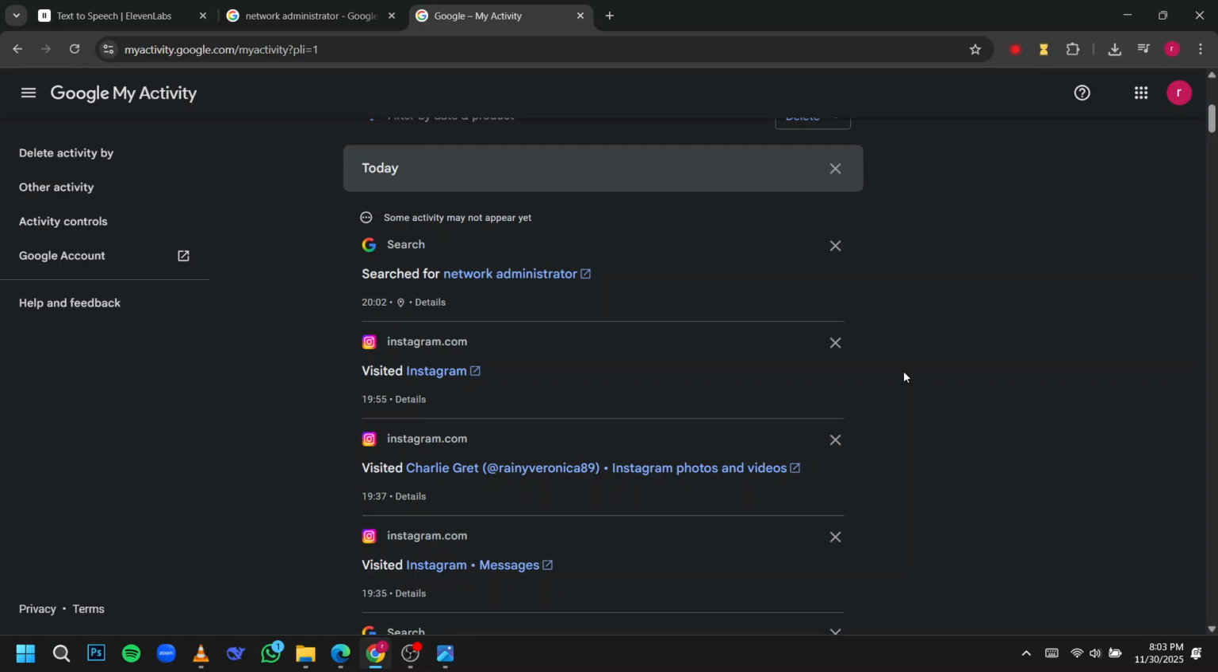And that's it. Now you know how incognito mode works on Android and the limitations when it comes to seeing